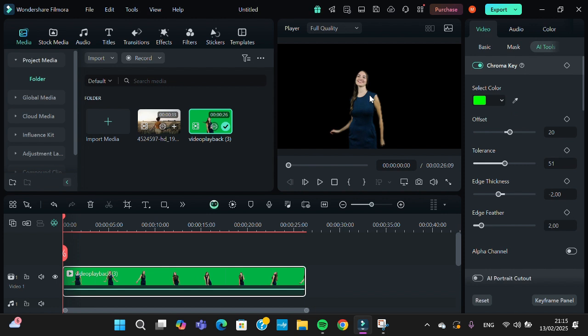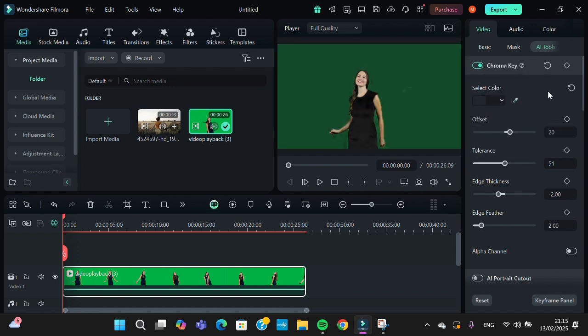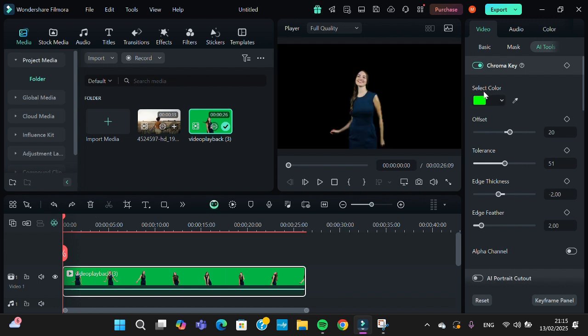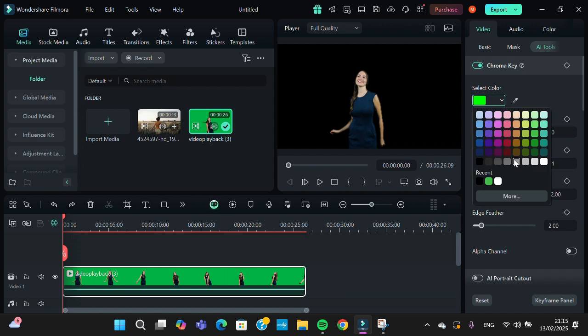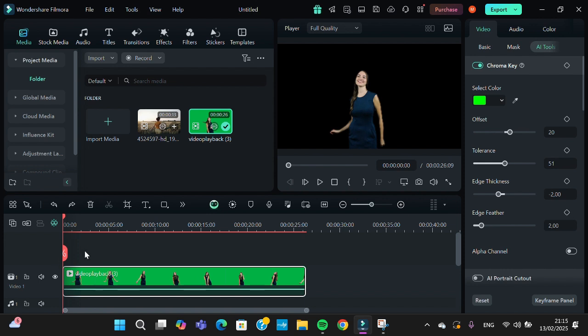And if your video is not green, you can choose the other color, guys. Wait, sorry, I'm going to click on undo. Okay, you just need to choose the color you want to remove from your video. Okay guys, and that's all the way to remove green screen from my video